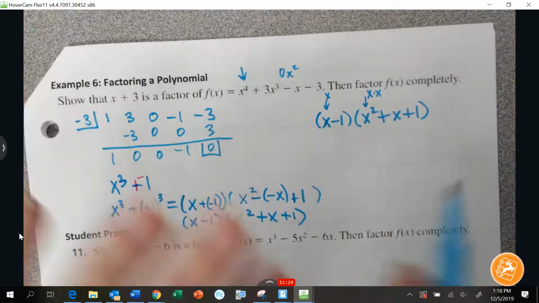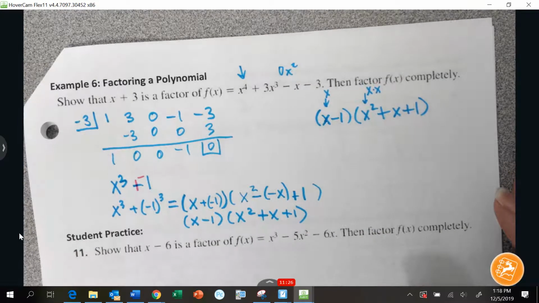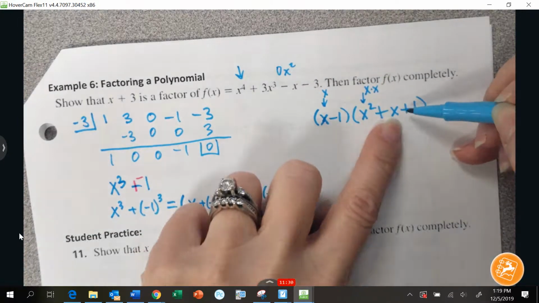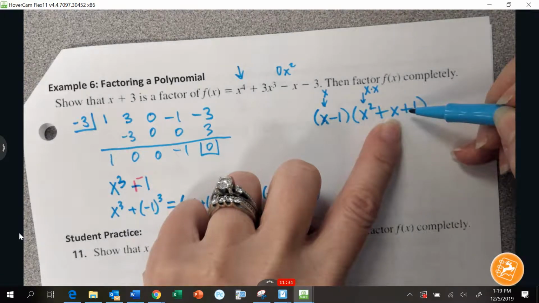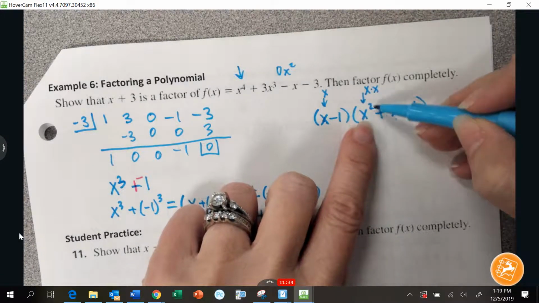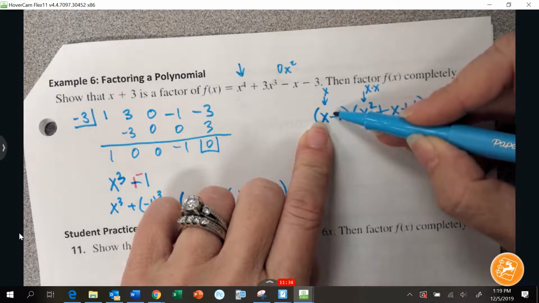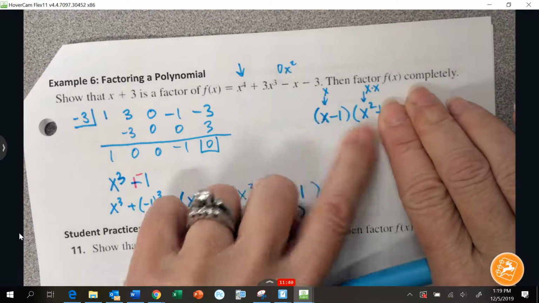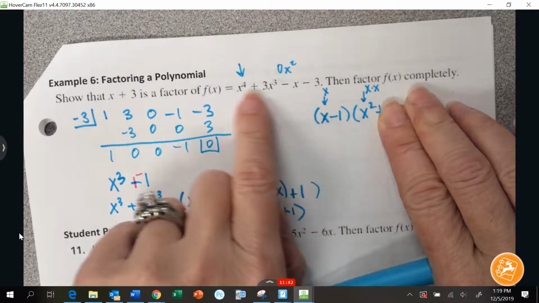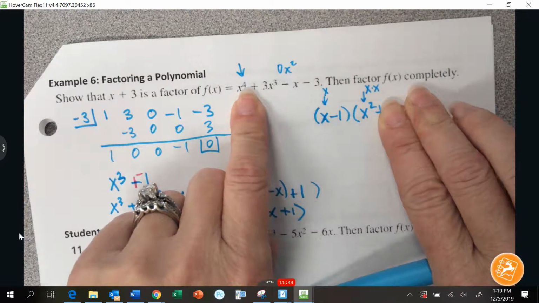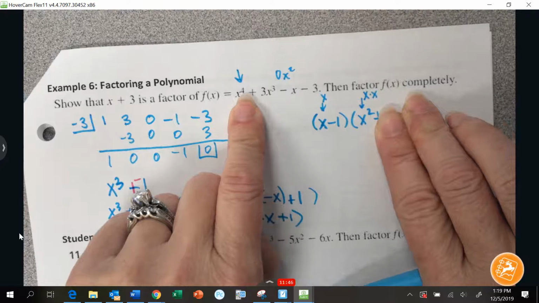Right? No, not multiplied together. I'm talking about the degree, and we don't use this x for the degree. When I'm talking about the degree, we only use the highest amount of x's. And that gives me a degree of 3. But it was a degree of 4. Don't worry, I will show you where the other one is, but before I show you that,